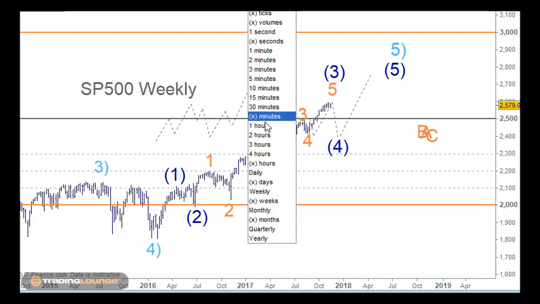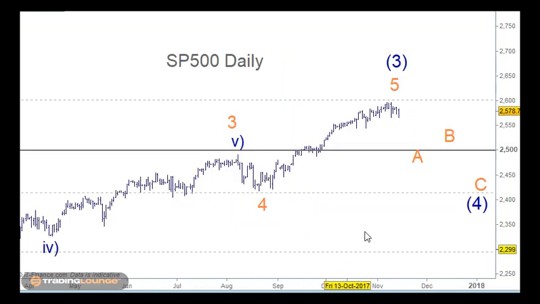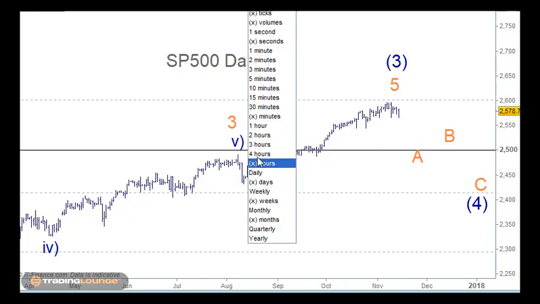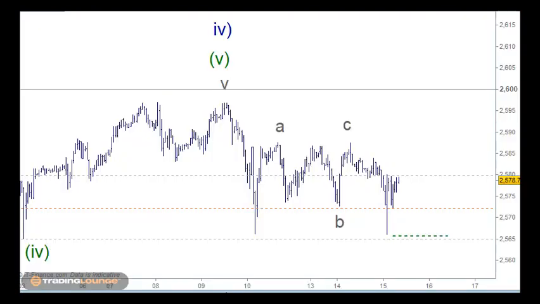So on the daily chart here from the weekly, you can see that it hasn't really moved down a lot, and it hasn't really given a clear 5-wave structure to the downside here either. So just on the hourly chart here,